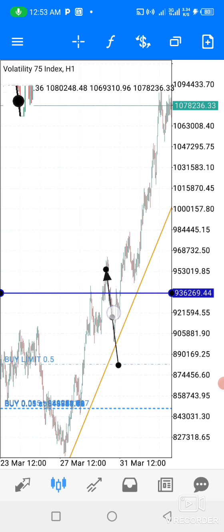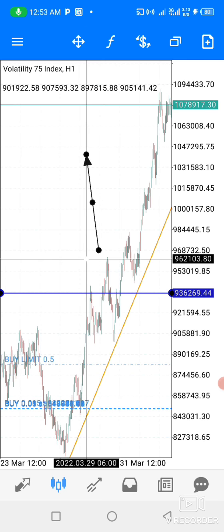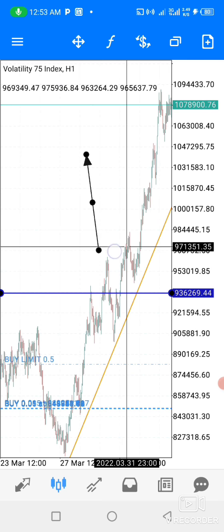Why I say you should not place take profit once you believe that the trend is going to go long term is because if you, assuming you buy here and you place your take profit here, you'll be cut off. Now see where the market is. See, you will miss this peak. I'm telling you the truth. You will miss